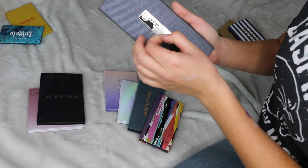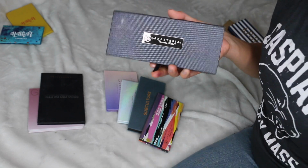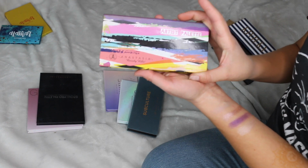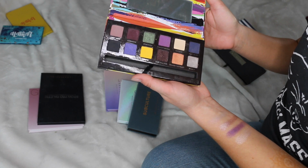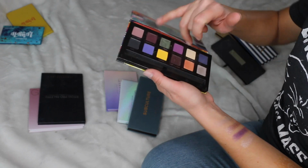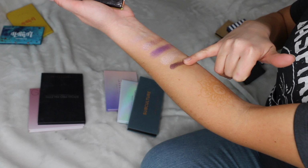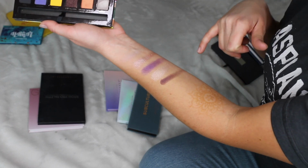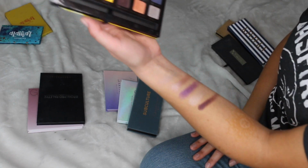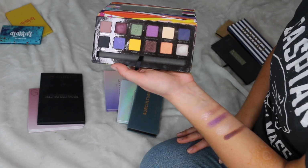Oh. I never took the plastic off this little metal part, but it makes it look shinier and newer. But same with this artist palette. I think this is a really fun palette. I've always really liked it, and I actually sometimes still use this aubergine color because I think it's pretty unique and it helps me develop a lot of looks. So once in a while I'll use just this color, but it is an older palette. So I don't really use it for anything other than that aubergine color, but it is,